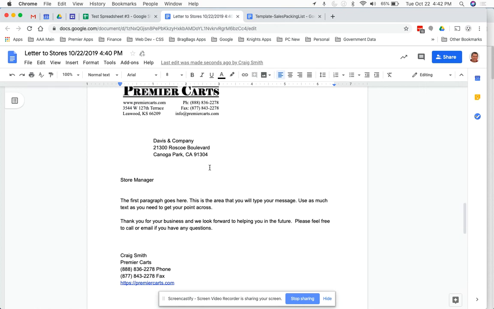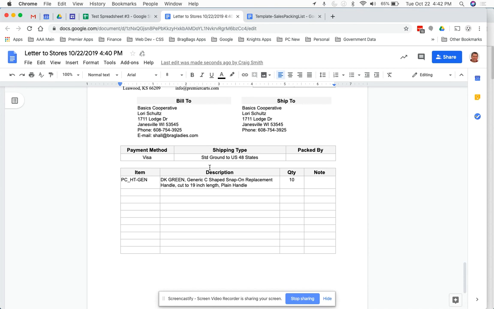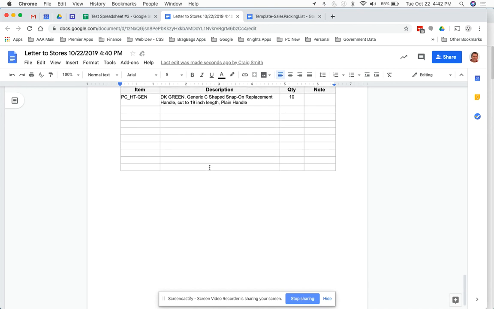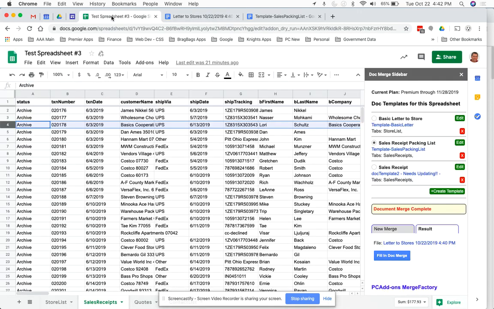So you'll notice that this changed from a letter version to a different type of template. So this really gives you, I think people are going to be able to figure out a lot of different ways of creating multiple template, multiple page, custom merge documents with this. So that kind of gives you an overview of the document merge. So, I'm going to move on to the